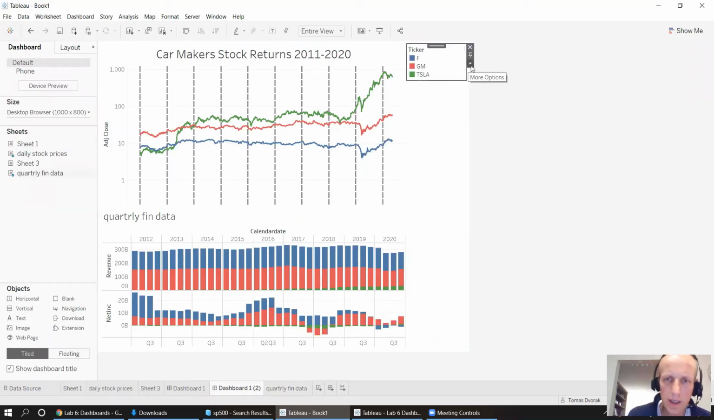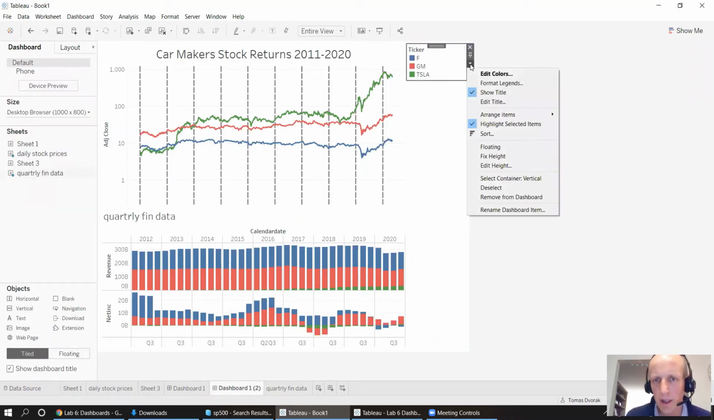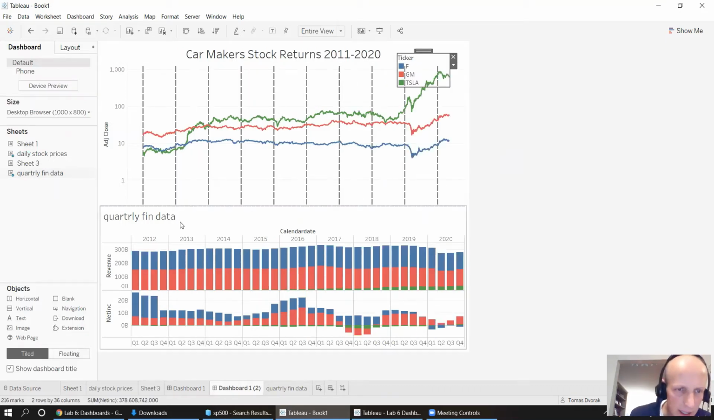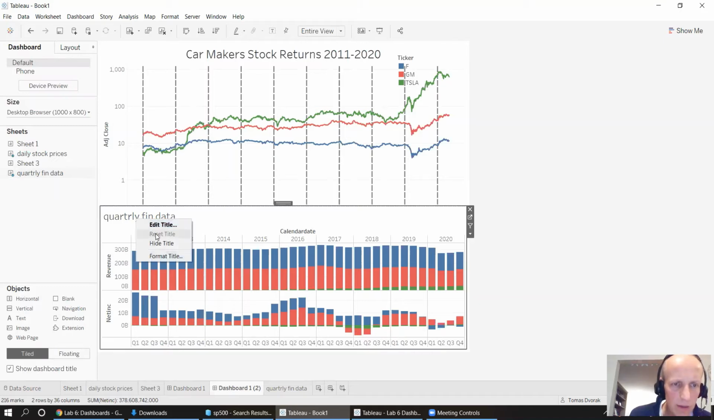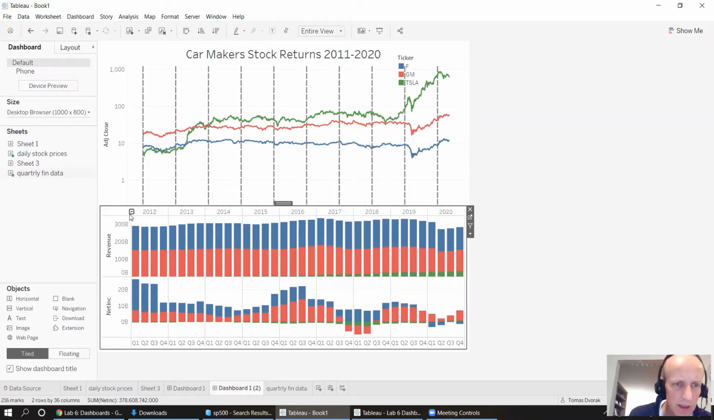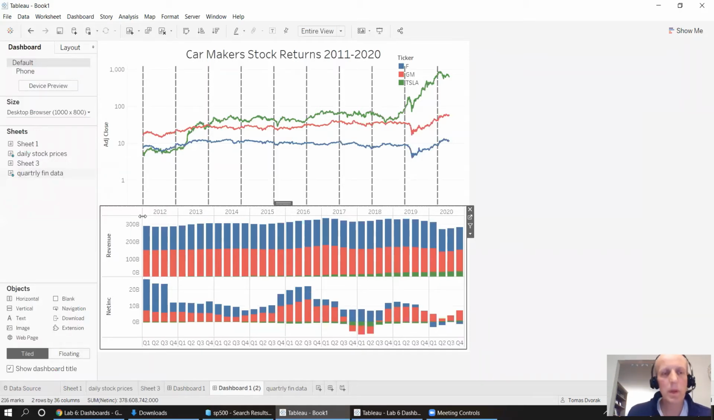Let's make this legend floating so that we have extra space here. Let's get rid of the title. Let's get rid of the field label. Let's align the point where the data begins in the time plot with the quarterly bar chart, and let's make these